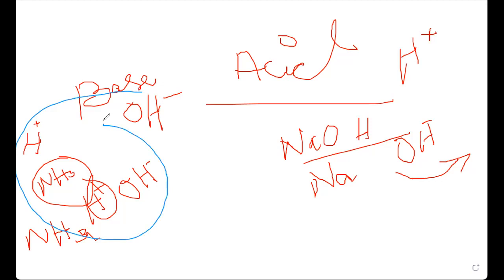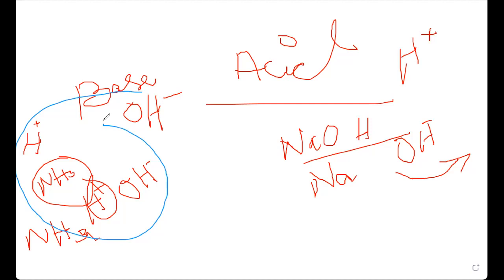Basically, HCl is also giving chlorine ion. But we have to focus on the proton and the hydroxide only. We don't have to do anything with the sodium ion or the chlorine ion. If you want to check the given thing in acid, you have to focus on the proton and the hydroxide. So HCl is an acid because when you are dissolving HCl into the water, it is giving H plus ion to water.